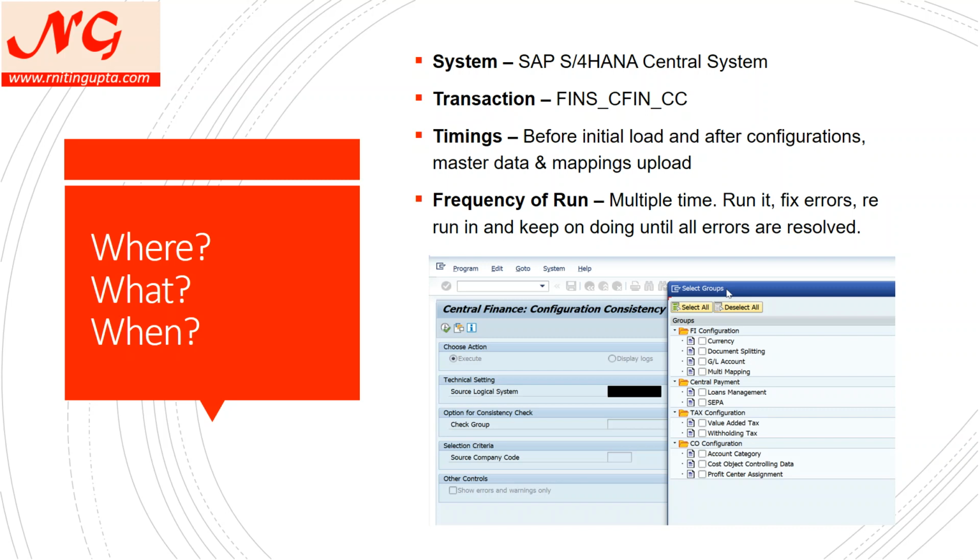You have to run it multiple times. You run the report, get the errors, fix them, and rerun. And then you might see reduced errors, changed errors, or no errors. You run it as many times as you want to ensure there are no errors. You fix all the errors and run the report again. And at the end, you should get a clean slate on the screen saying no errors in the report.